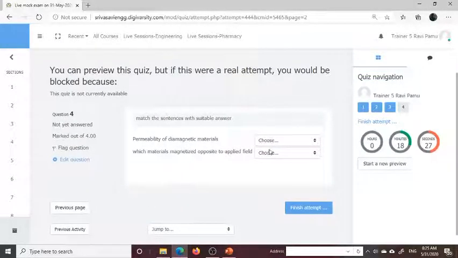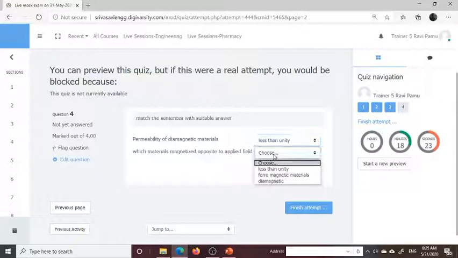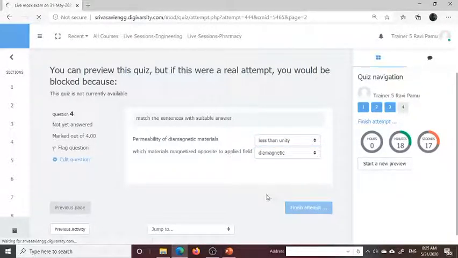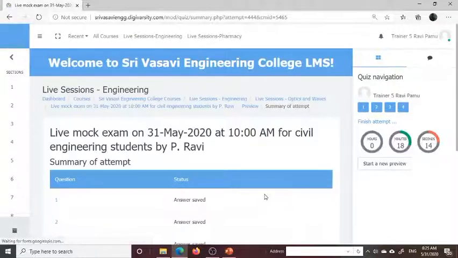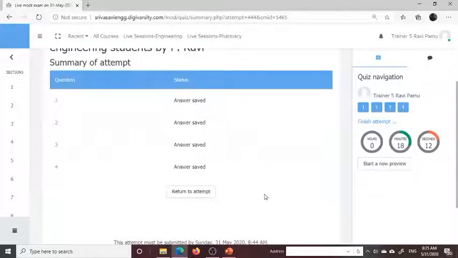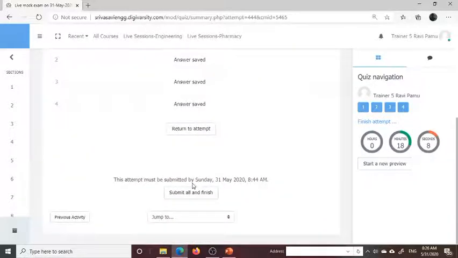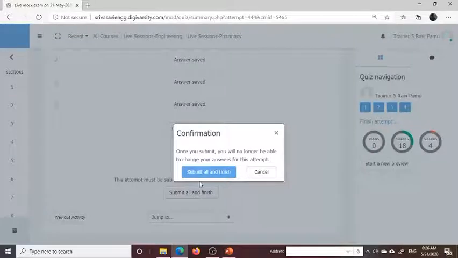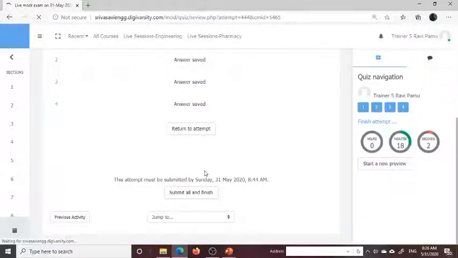Okay, next page. This is the matching type. These are all matching type questions. Finish that. Answer saved. Now submit and finish all. Submit and finish all.